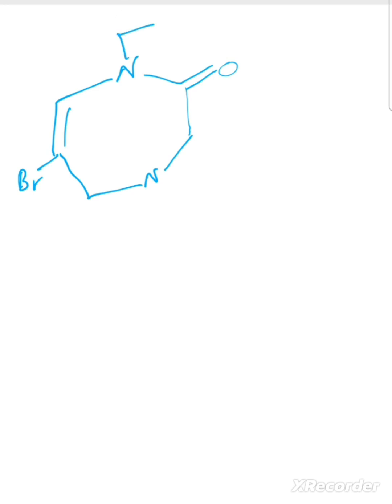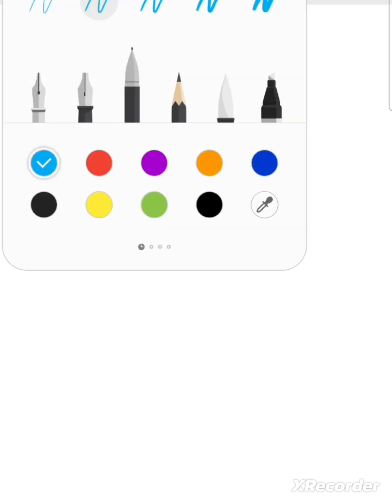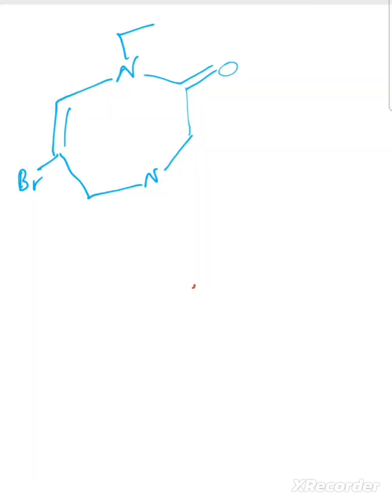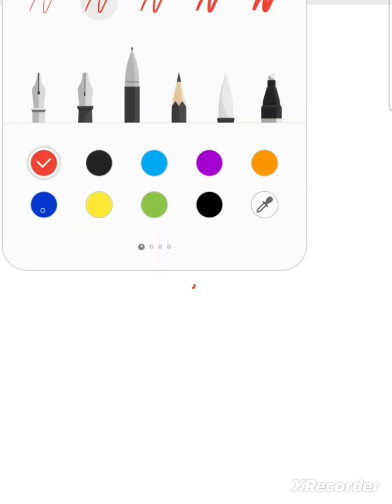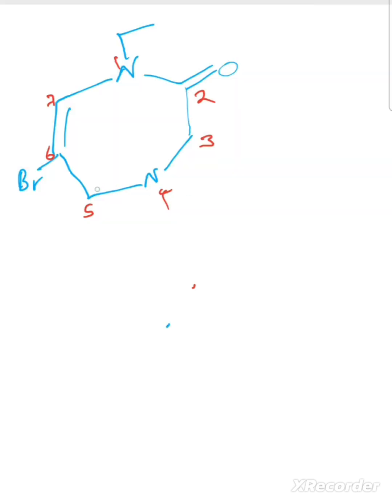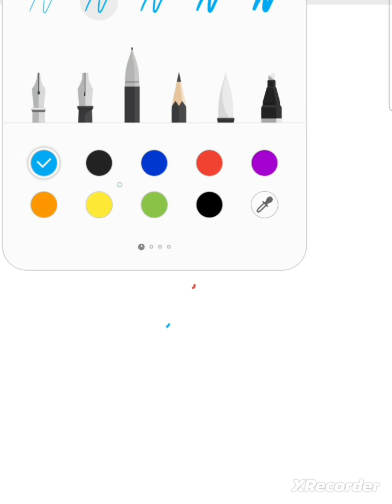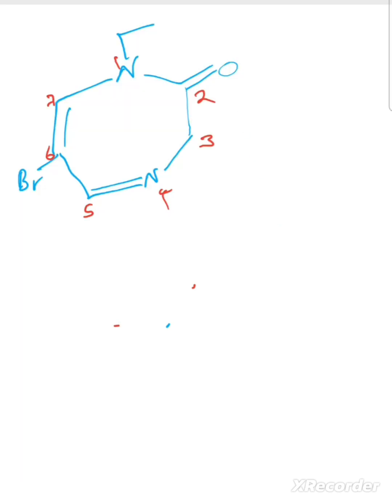All right. So where are we going to start counting? The one with pyrrole. So here we're going to start from here, 1, then 2, 3, 4, 5, 6, 7, like that. That is a diazepine. So we're supposed to have a double bond on position 2, 3, 4, 5, and 6, 7. But we only have the double bond on position 4, 5, 6, 7, which means on position 2, 3 it has been replaced by